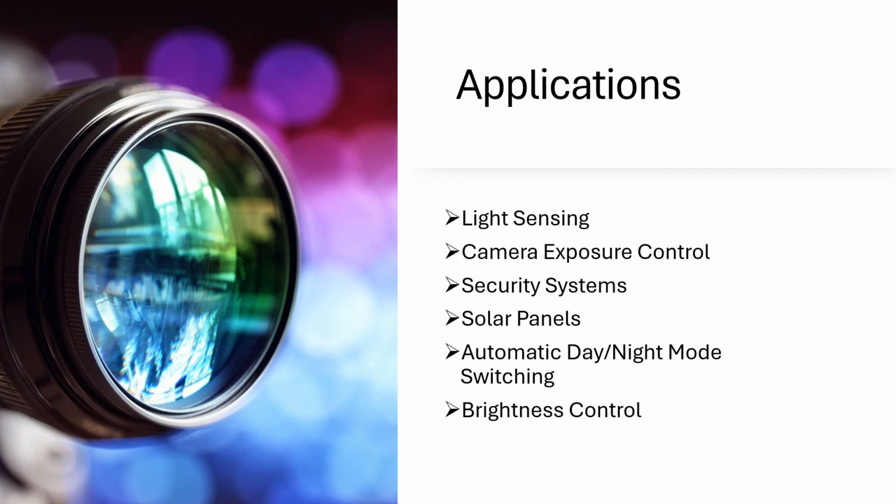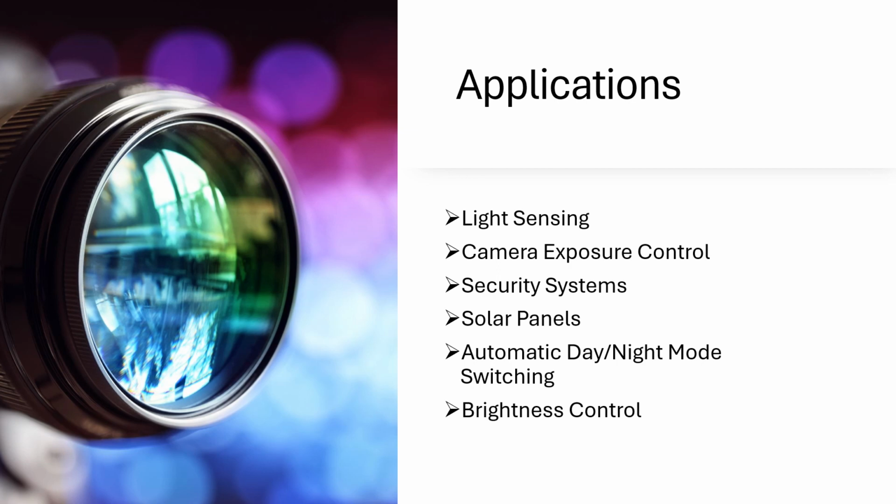LDRs are used in cameras to adjust exposure settings. They help the camera determine the appropriate shutter speed and aperture size based on the available light. Security systems: LDRs are integrated into security systems for detecting changes in light levels. They can trigger alarms or activate cameras in response to sudden changes in ambient light, indicating potential intrusion or unauthorized